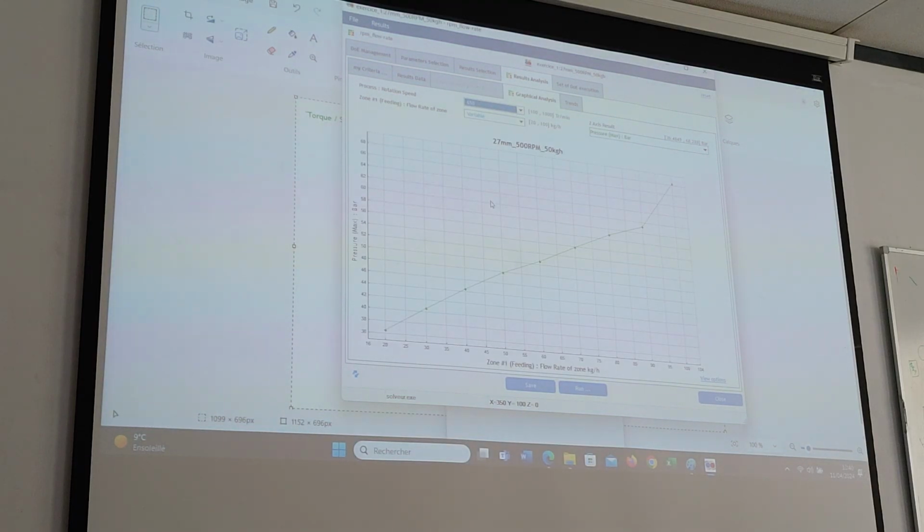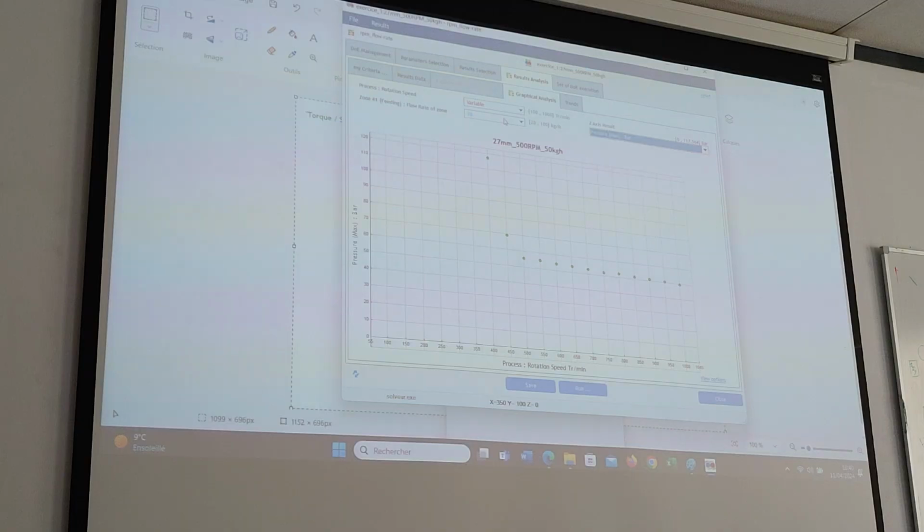So once again, we can display curves by selecting one rotation speed or one flow rate. Maybe interesting also. No, here it was better like this. If we keep looking at the pressure at the die, we see that for a given rotation speed, we have a proportional evolution for the pressure at the head of the die. And then, I guess in this region, it starts being completely filled, and there is an exponential evolution of the pressure. And then we reach a point where it's not realistic.